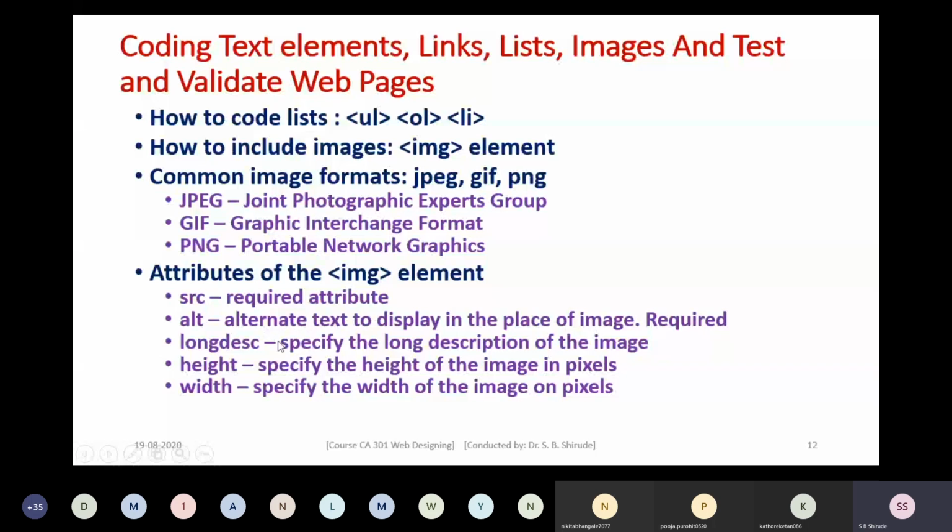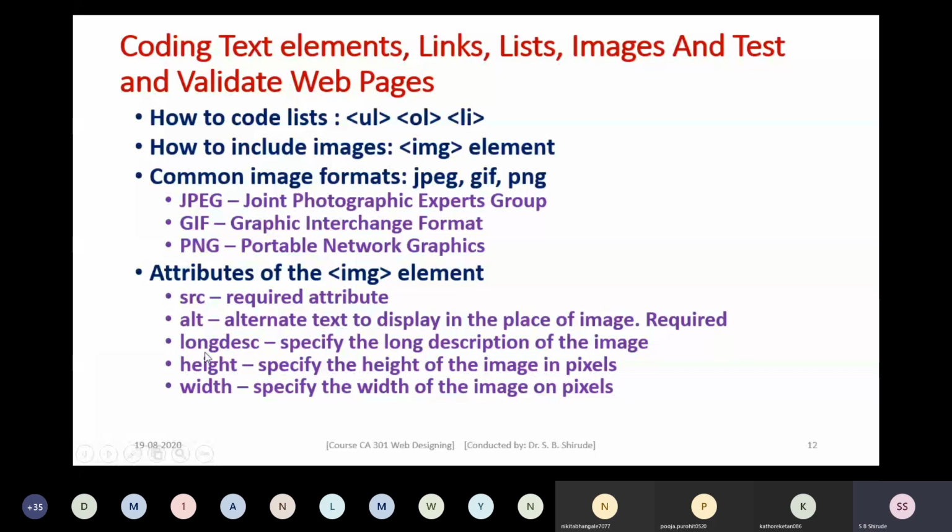If, for some reason, the browser is not able to find the image, or the image is misplaced or deleted, then in the place of that image, whatever text you have specified in the ALT attribute will appear, so that the user can understand that at this particular place, an image related to this was there. Then longdesc, meaning long description of the image, can be specified by using this attribute, longdesc, long description.